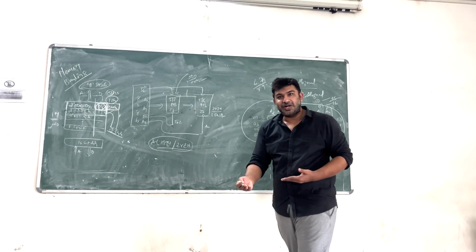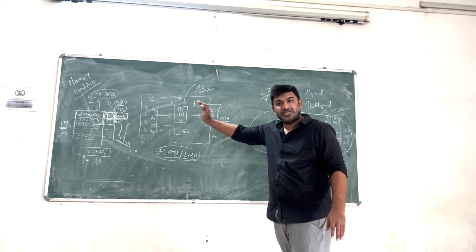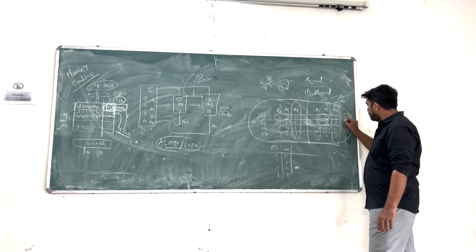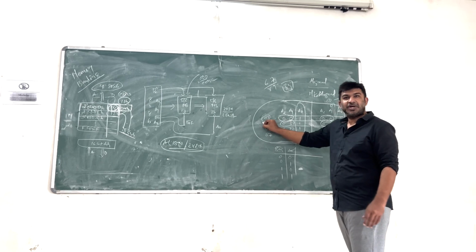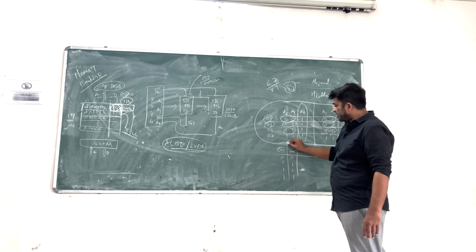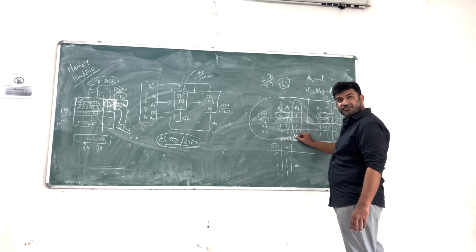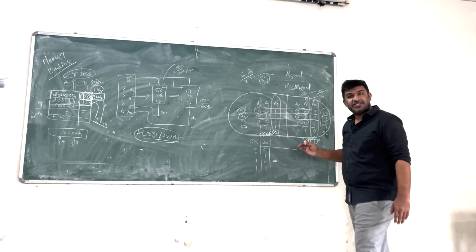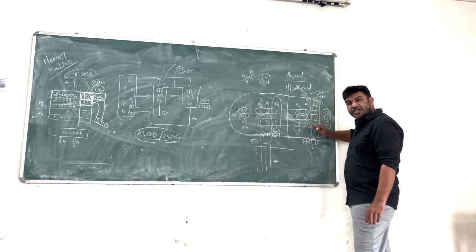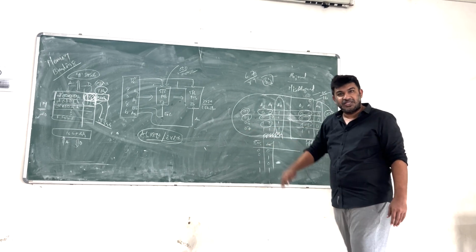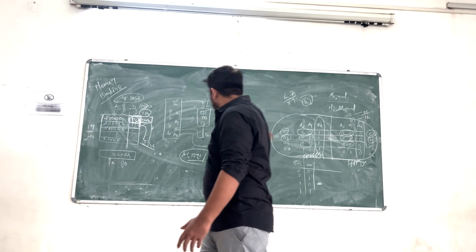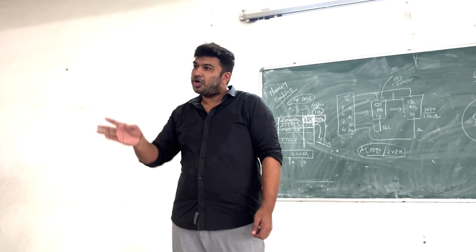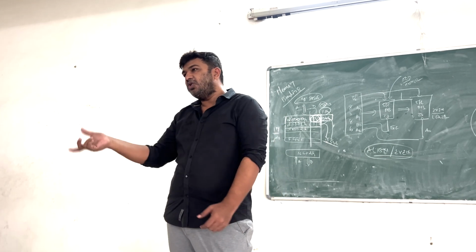Lower byte, lower address, higher byte, higher address. Always. Here also 1 is my higher address, 0 is my lower address, 2 is my lower, 3 is my higher. The last address over here is FFFFFH. Here FFFFEH. These addresses are always 1 less than my odd address. That's why your odd bank is also called the higher bank. Your even bank is also called the lower bank, because it always contains lower addresses.